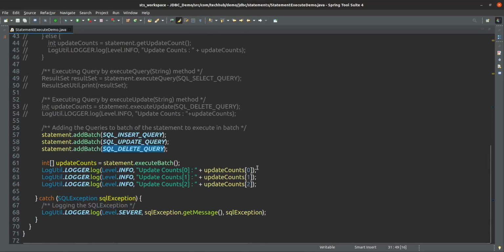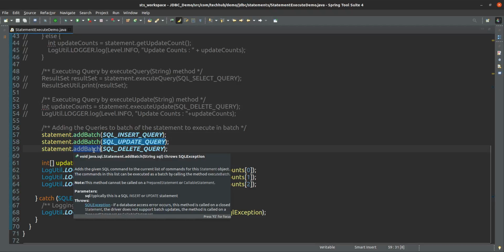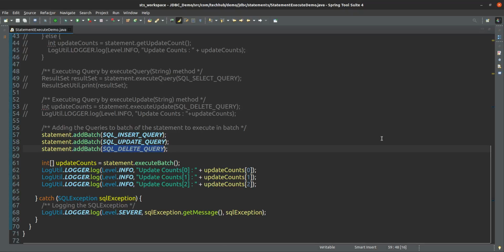Then I can add them into the batch. Statement dot add batch, and there is an execute batch method that you can call. Statement dot add batch with the SQL insert query, statement dot add batch with the SQL update query, and statement dot add batch with the SQL delete query.